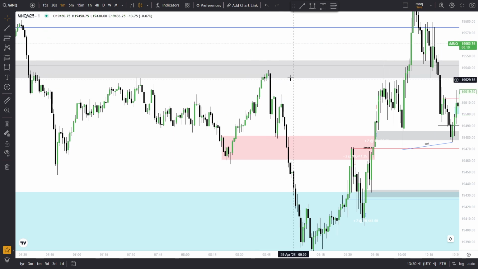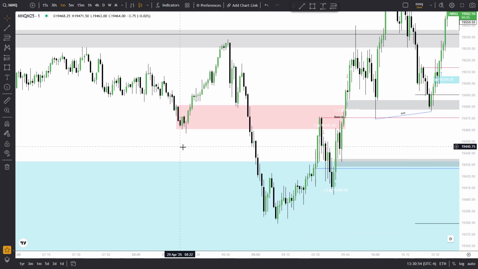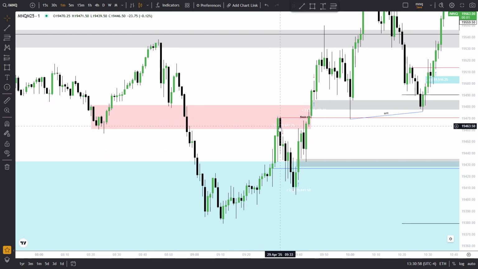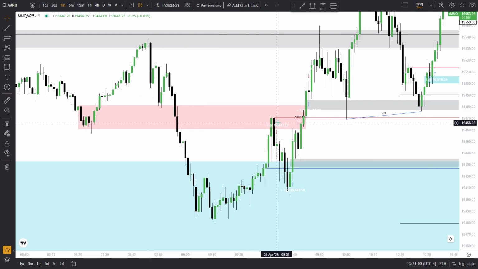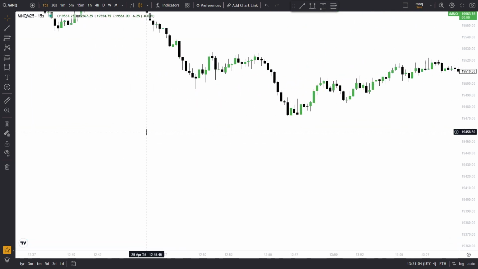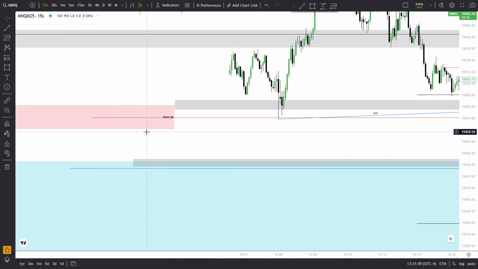Market decided to tap into this 1 hour fair value gap. And while doing that, it was a liquidity sweep, and then price expands lower. We create a CISD right here, and then we create a 5 minute breaker block on the 5 minute. Market decides to expand towards the 5 minute breaker block, respects it. We expand lower, and then I went to the 15 second, which I should not have done in this circumstance